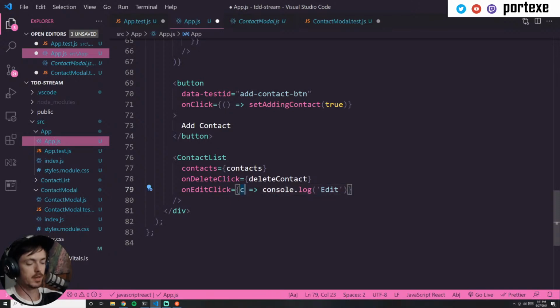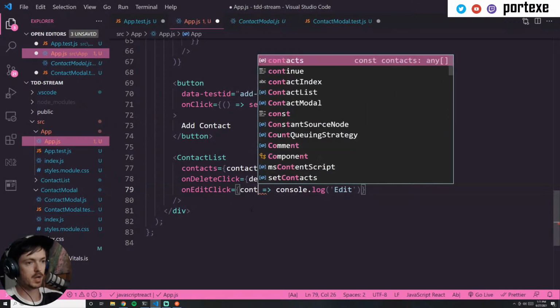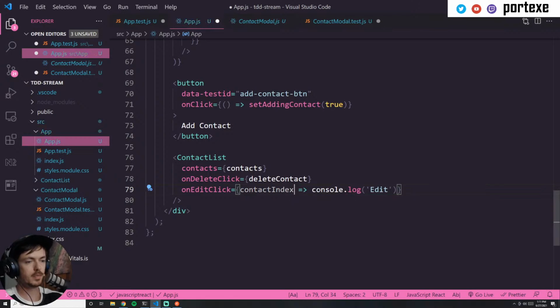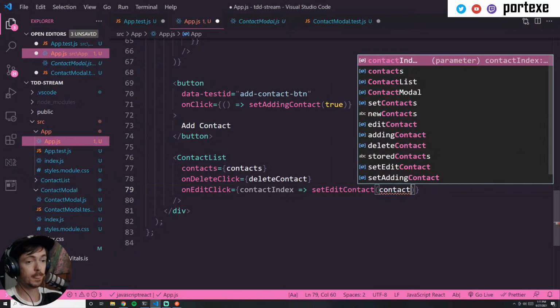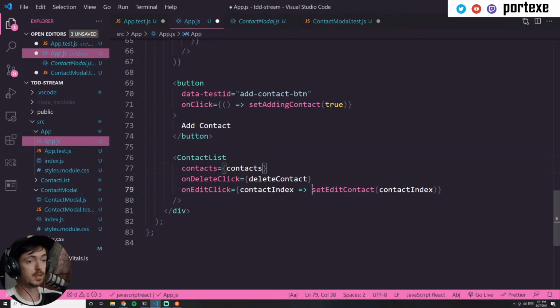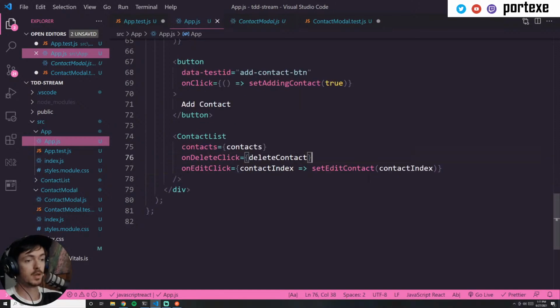I know this is a lot. So here's what we're going to do. We're going to say contact index. When the edit button is clicked for a contact, we're going to set edit contact to that index. So edit contact is actually going to be the index. Now,